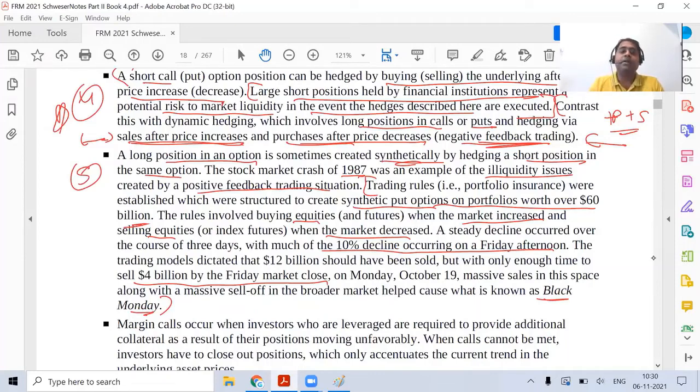This also happened after your 9/11 attack or Mumbai attack, all of it. So all of these scenarios where massive selling happens, where the market falls by a very big number, or a particular stock falls by a very big number, we're calling it Black Monday. Generally, Black Monday is referring to the entire market.